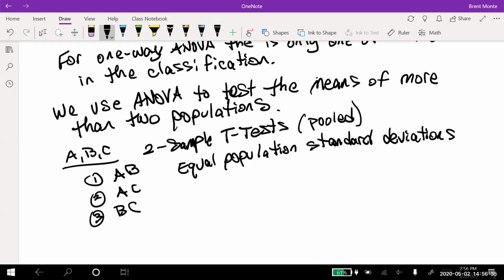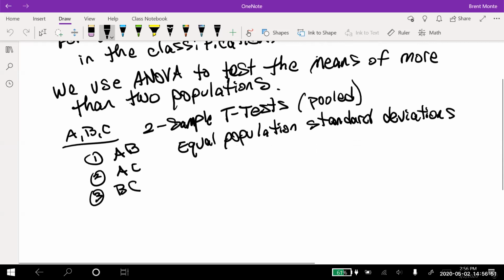So we pool all the data together from both samples to get some numbers. Okay, so we're doing an extrapolation on these multiple pooled 2-sample t-tests, and doing this, what's called an